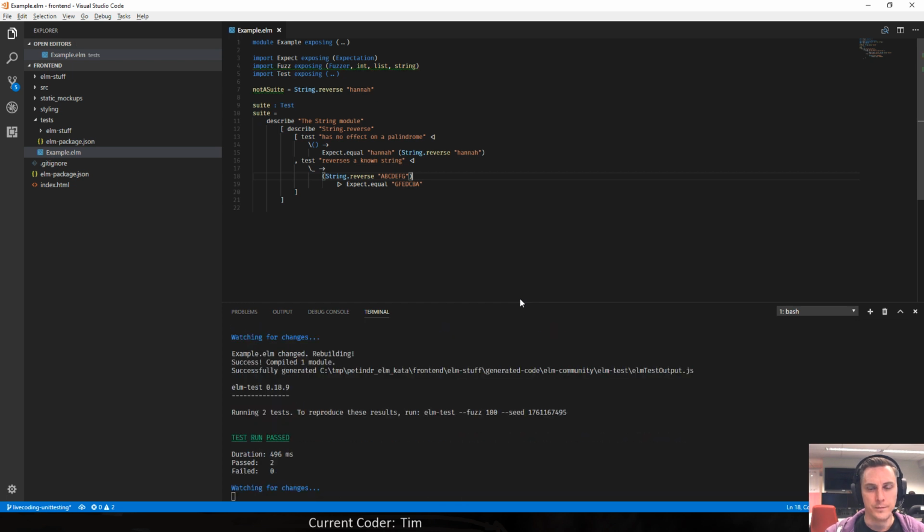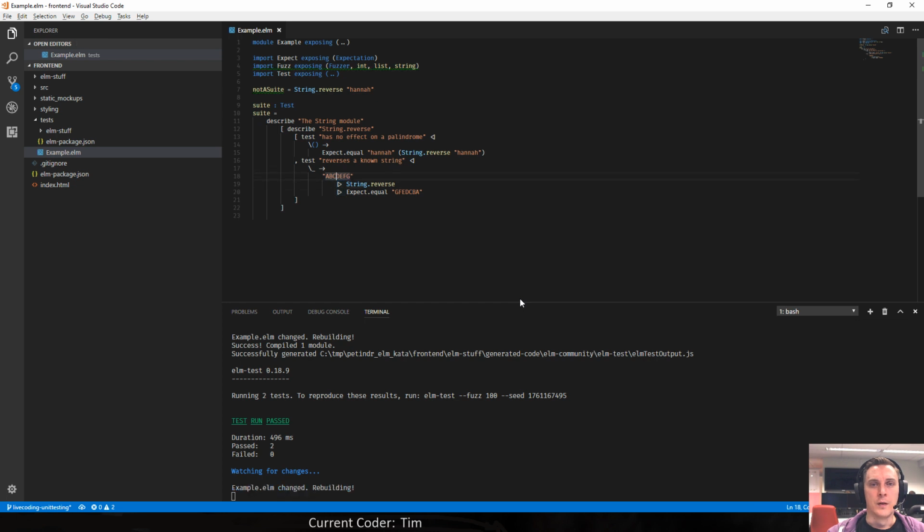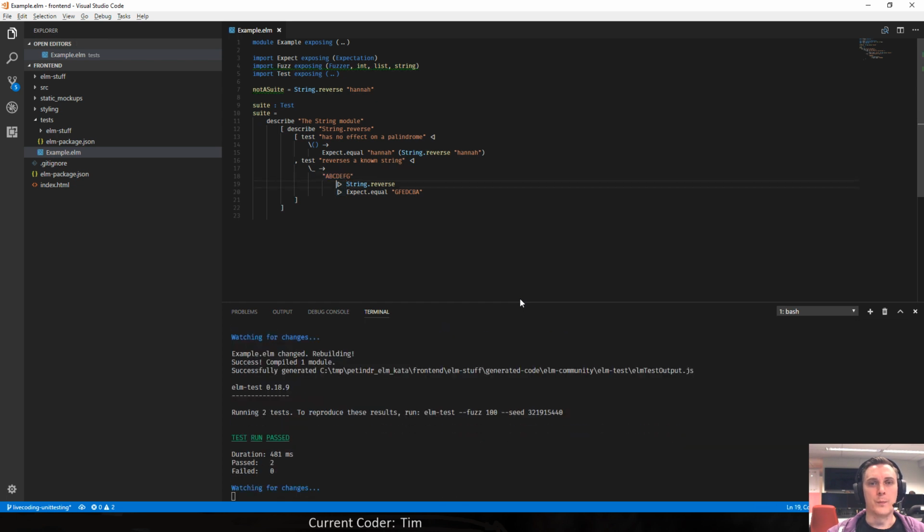Having applied reverse to ABCDEFG, we pipe that into expect.equal. Basically it's the exact same thing as right here, but this is a neat example of how to pipe stuff into expect.equal.